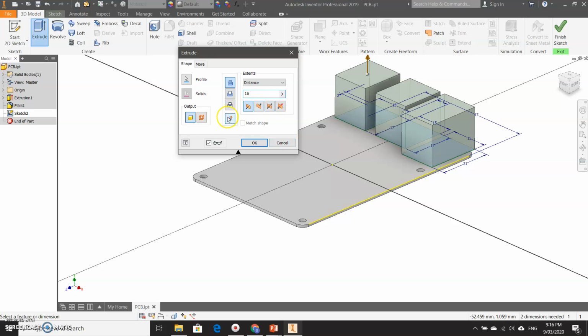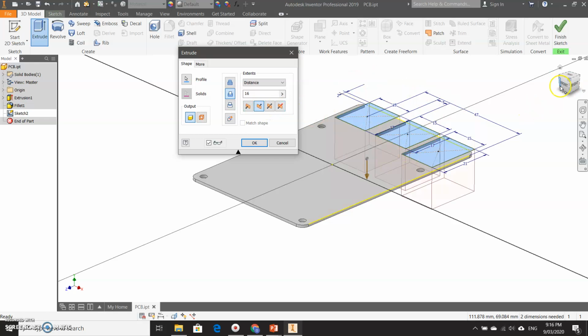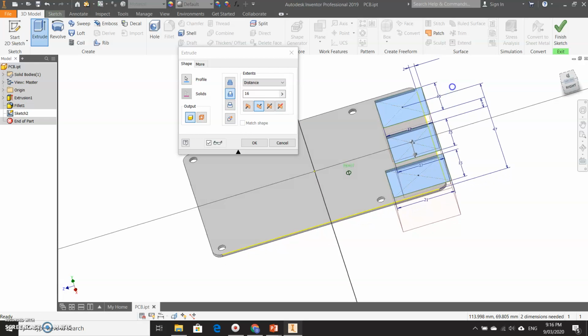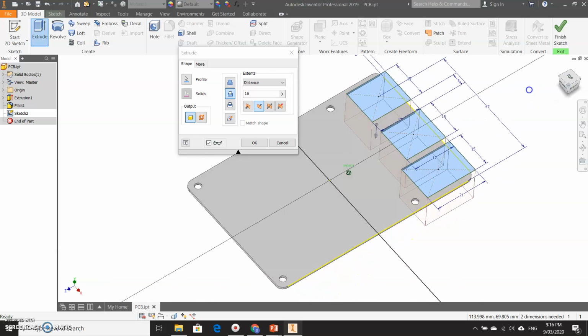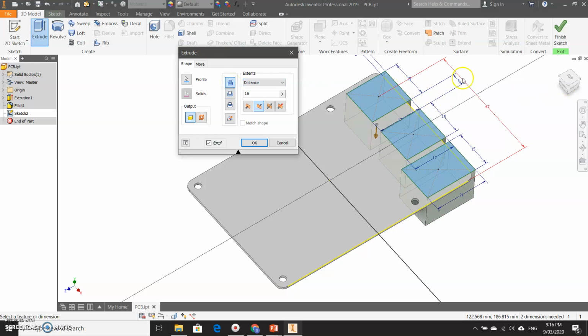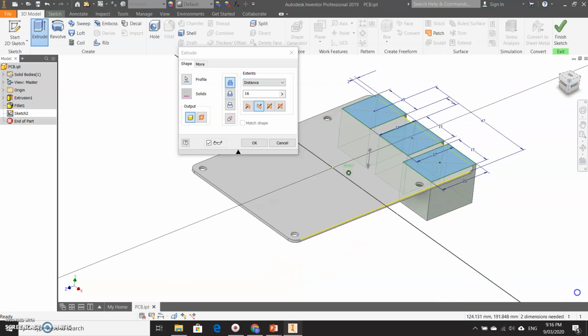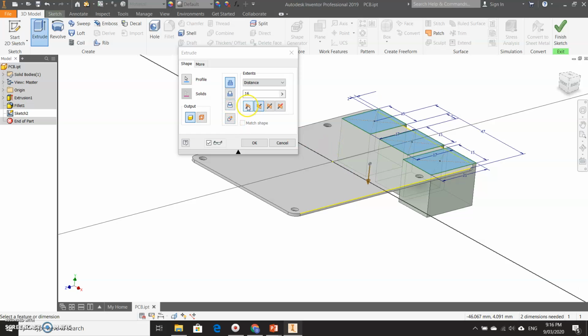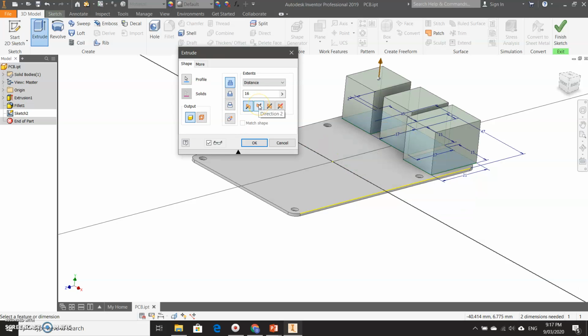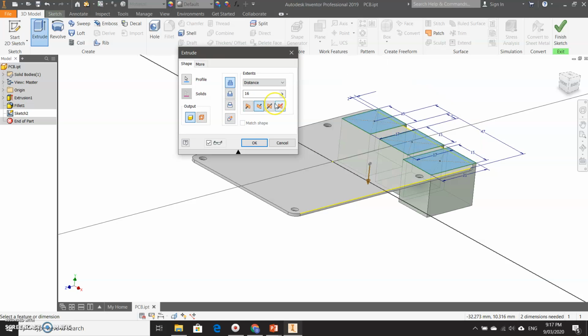Alright, now let's just have a look at what this software can do. So we can cut by clicking on cut. It means that it's going to cut through the material. Right, so you can cut through the material like that. So you can cut out those gaps. Right, or we can join or add material. And you'll also notice that I've changed the direction, so I can change which way it's going to go by clicking on these things. Alright,